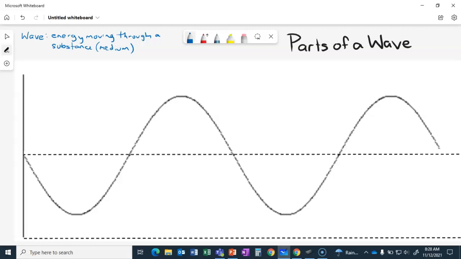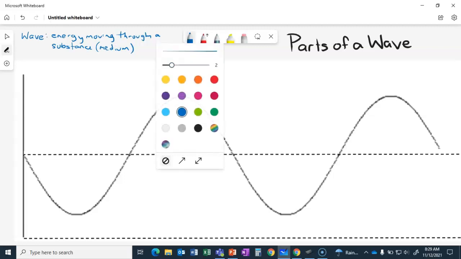However, waves such as light waves can often pass through glass. A lot of times they're passing through the air. Sound waves also move through the air, but can also move through a door or a wall or all sorts of things. So a wave is just energy moving through a substance. In this case, we're talking about energy that is moving through water. So, we're going to take a look at different parts of a wave. And so, let's get a different pen up here for right now.